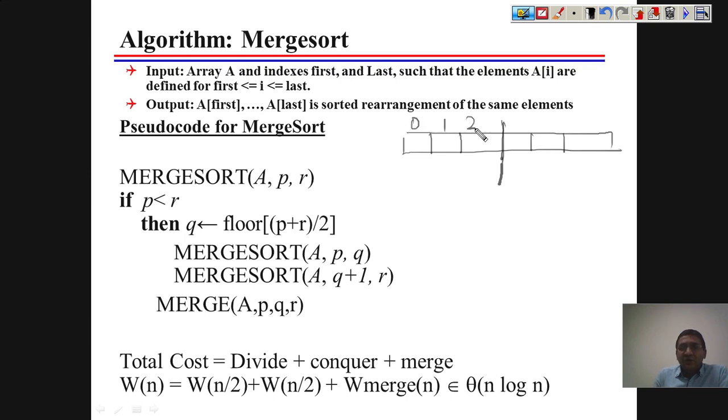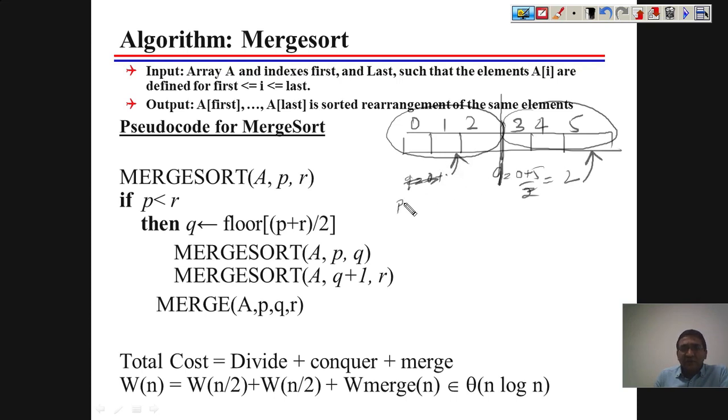Indexes 0 1 2 3 4 5, and when you divide this initially, you get Q equals 0 plus 5 by 2, that is 2. So this is your first array and this is your second array. Now you apply merge sort for this and you apply merge sort for this.